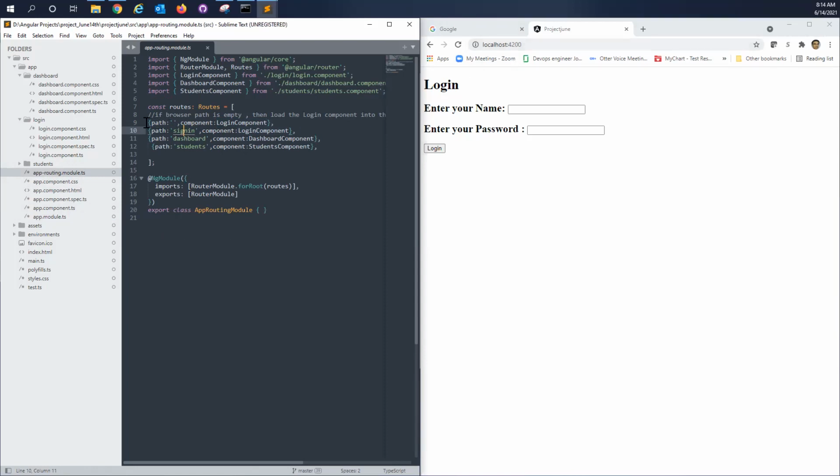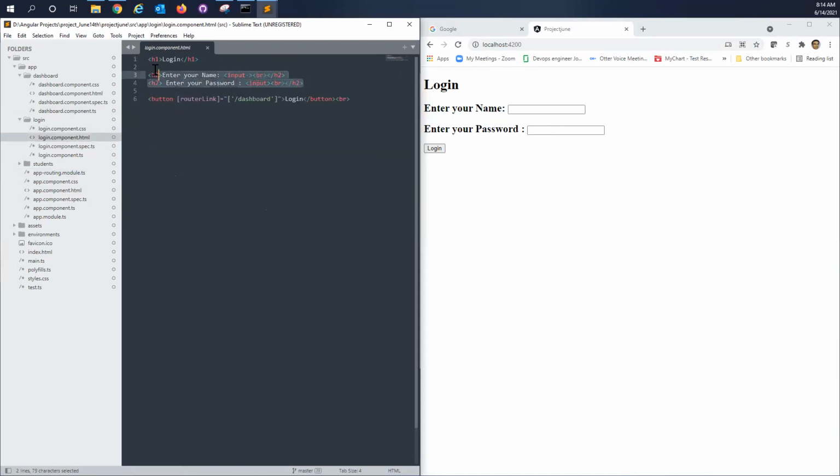If it is sign in, it will load line 10. If it is empty, it is going to load this one. Okay. If you hit this one, whatever I told before, up to here it's going to come, and then whatever is in login.component.html, it's going to display. Okay.